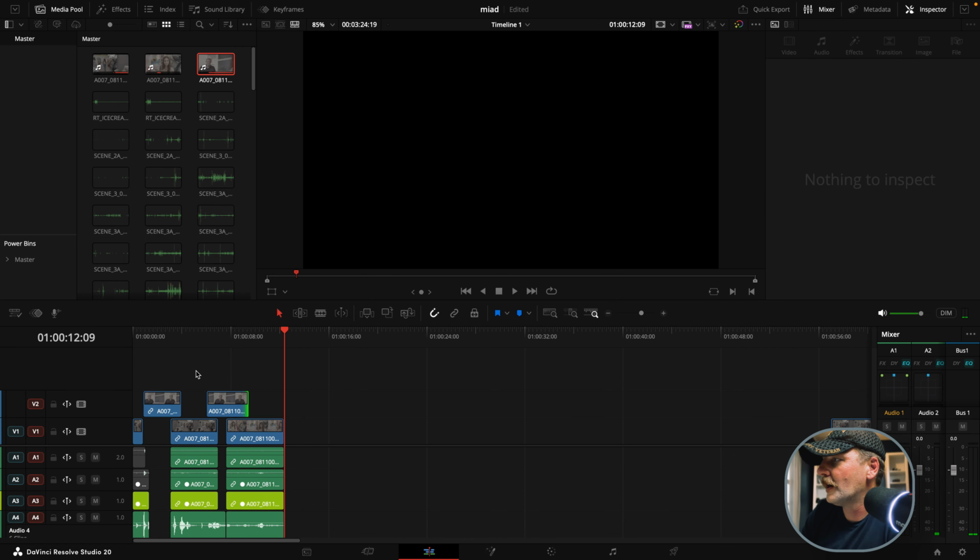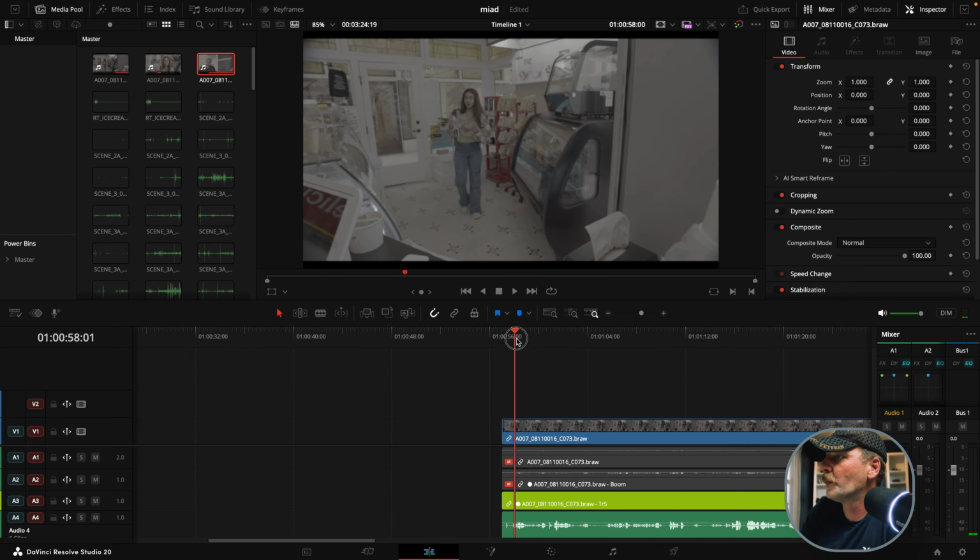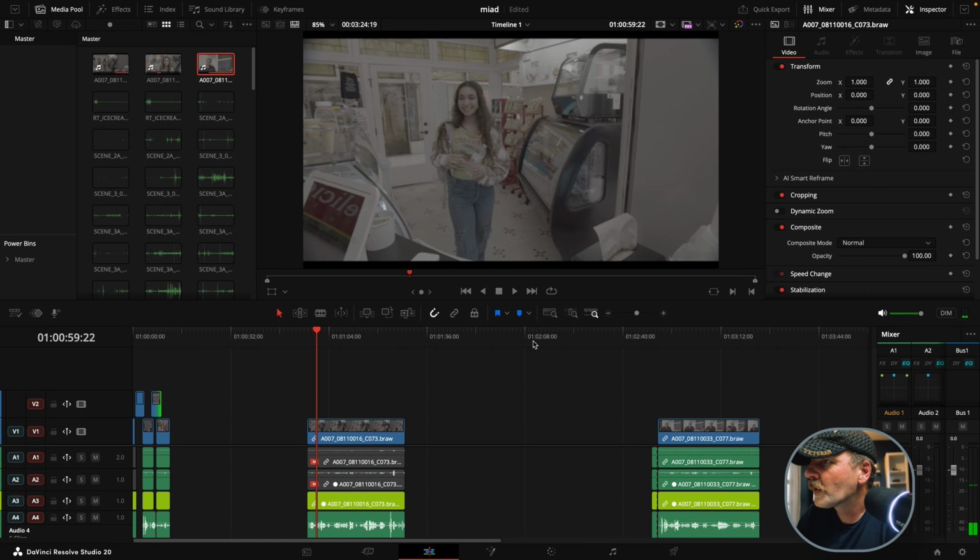The main thing about J cuts and L cuts is in everyday life when you're talking to someone, maybe you're looking away and your focus is scattered somewhere else, right? But you're still hearing what's happening and what someone else is saying. You don't necessarily need to see someone saying it to know that it's there. And it's all interpretation and imagination when it comes to creativity. So it's all up to your interpretation when you're cutting. And so we're going to go in here and we're going to look at